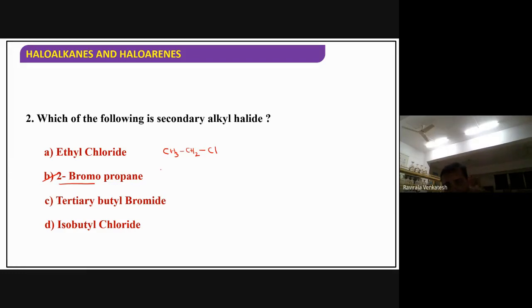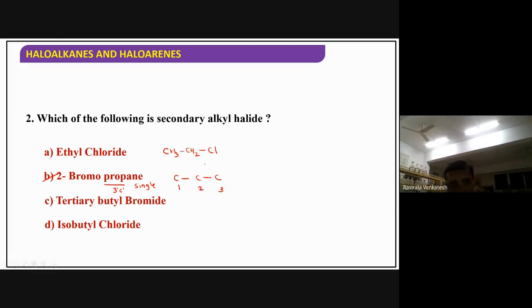2-bromopropane. How to make 2-bromopropane in structure? All of you listen here. First of all, you go for the root word. What is the root word here? Propane. Prop means how many carbons have to be taken? 3 carbons, 1, 2, 3. Ane means it is having only single bonds. Prop means 3 carbons; ane means single bonds only. After that, give numbering as you like. You can give the number from this direction or any direction.